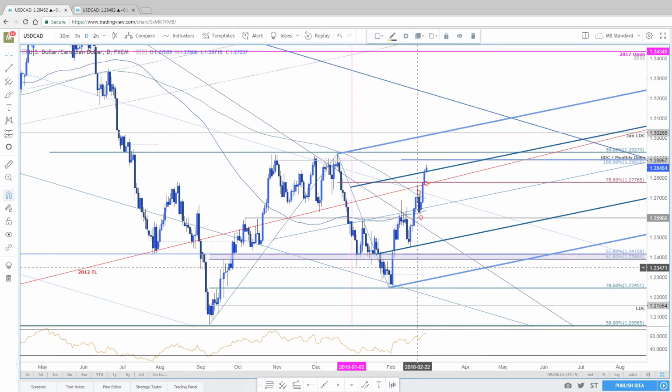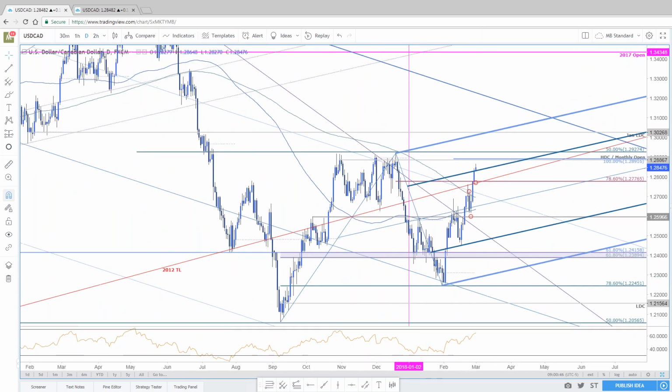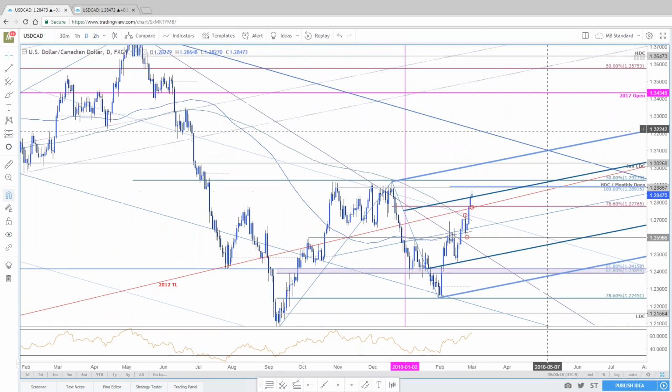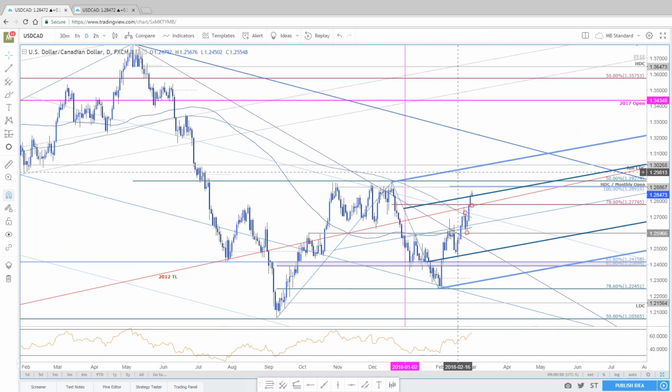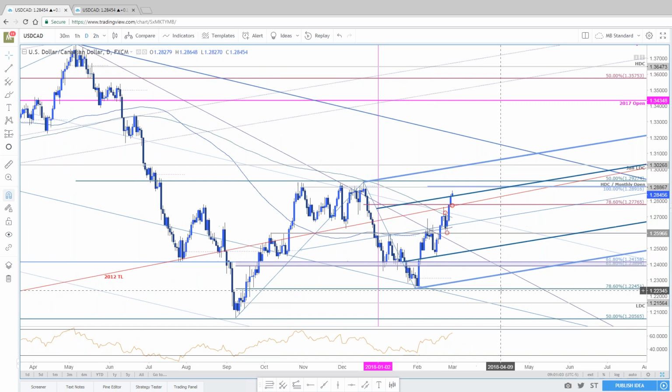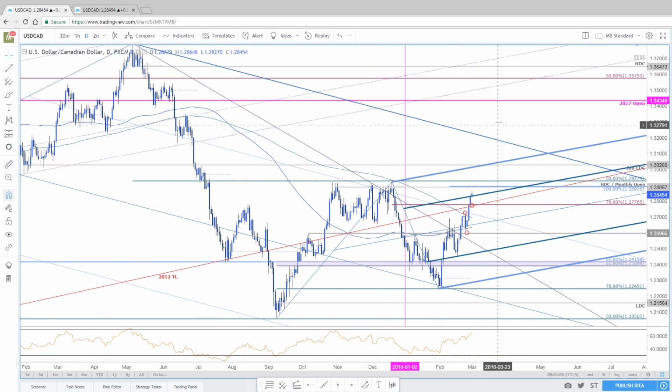Okay. Feel free to take a snapshot of this, guys. I'll clean this up a little bit more, and maybe we'll throw it on tonight's update, but that's a slope I'd be interested in just because of the reaction that we got both along the median line on the pivots and the 50 line specifically. That's a perfect breach launching point, reversal daily candle off that region. So it is giving some credence to this slope. So just keep that in mind. Largely speaking, still looking a little bit higher here in dollar CAD.